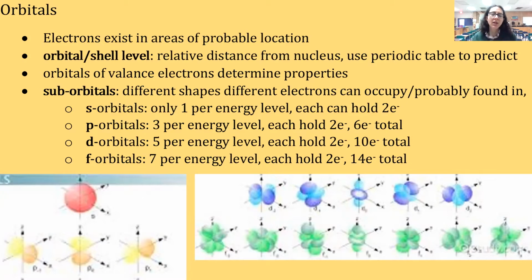Within each level, s is the best place for electrons to be, but it can only hold 2. So if you have an element that has 3 electrons, like lithium, it has to jump up to the next energy level. And eventually, as you get higher up, you're going to have to start filling p orbitals. P orbitals are this shape. It's maybe hard to see on this, but they're essentially like 2 balloons tied together. And what's interesting about this one is